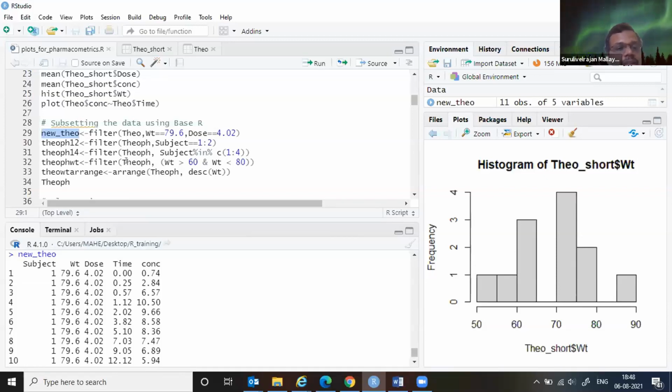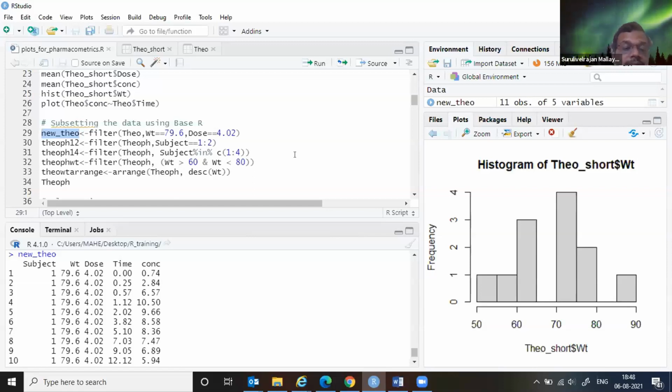In terms of gender, are there any differences in concentration? You may even subset according to the weight and look into the concentrations, peak and trough. All this operation should happen before starting any modeling work.